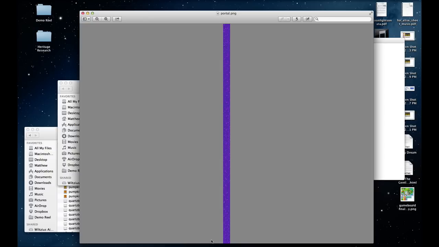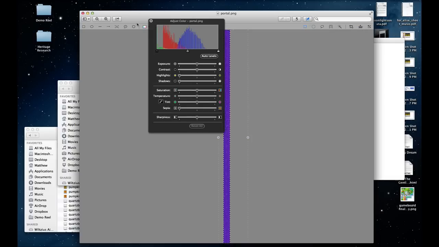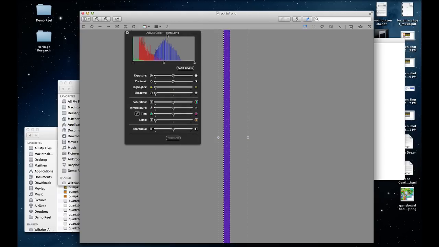I don't think there's really anything I can do as far as the portal that would be useful here. So take a look at the tools. Oh yeah, we can change the color scheme using this, but we're going to use GIMP